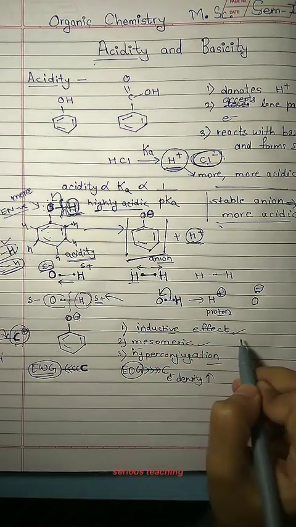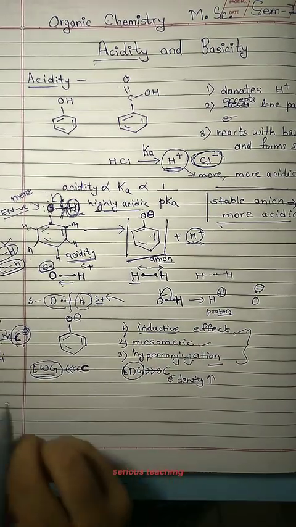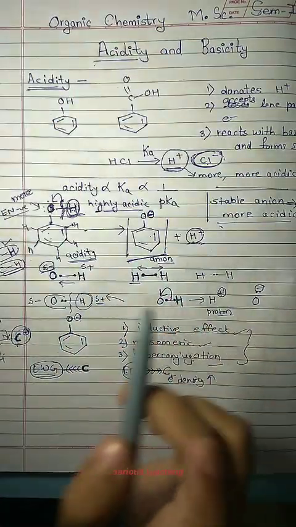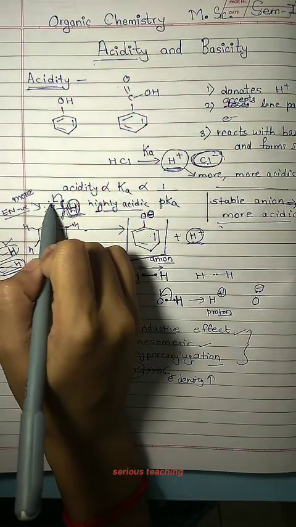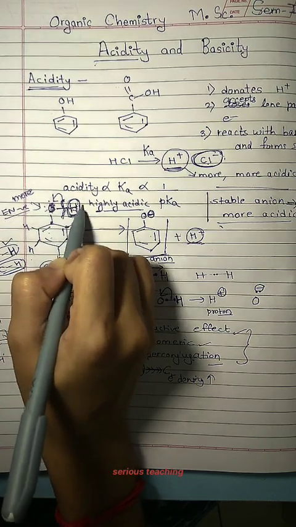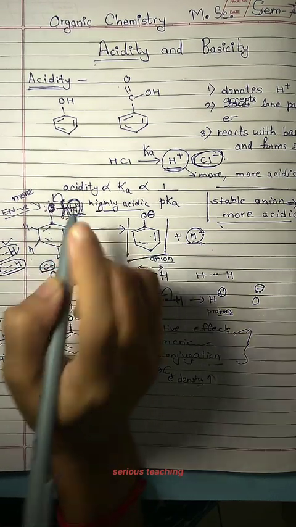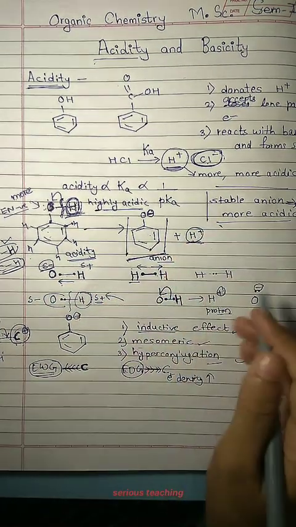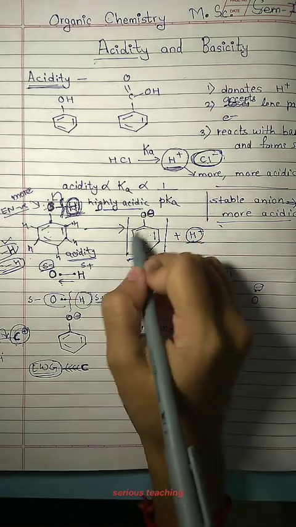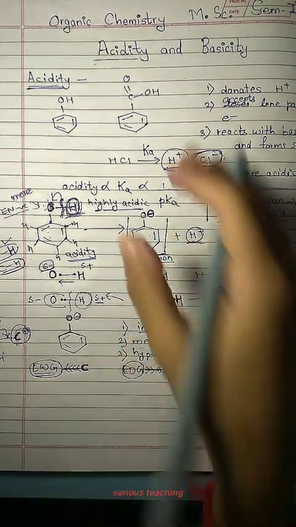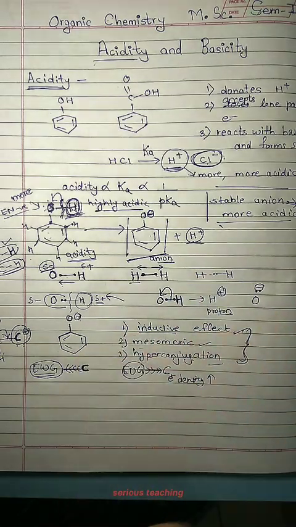Okay, this was just a basic introduction. So whenever we are comparing acidity, what will we do? We will first of all break the most stable bond between oxygen, or any compound, and the acidic hydrogen. Then we will check the stability of the anion formed, and for checking the stability of the anion, we will use these electronic effects. Okay, so I think this introduction is enough. We will actually solve the questions to know what I am exactly trying to say.